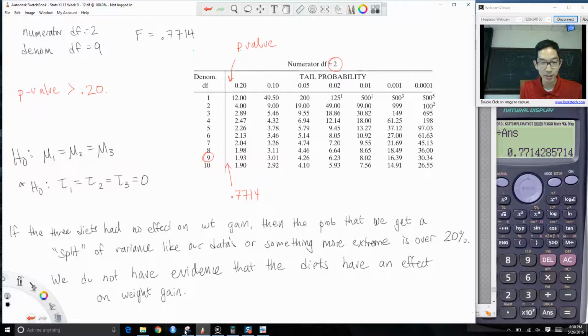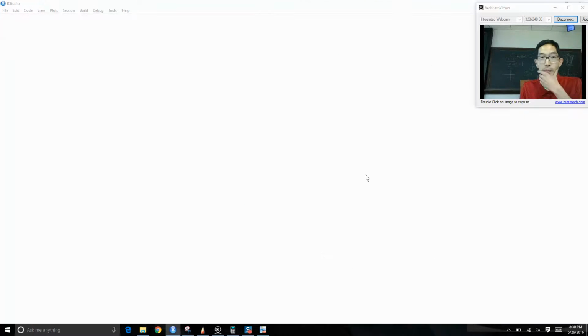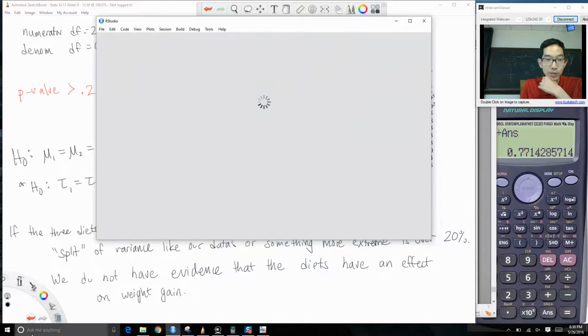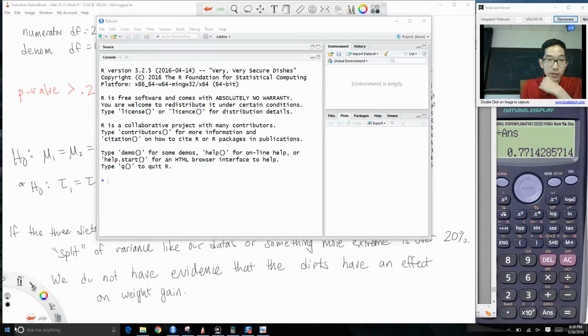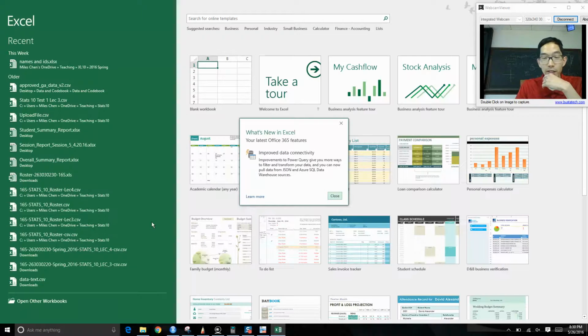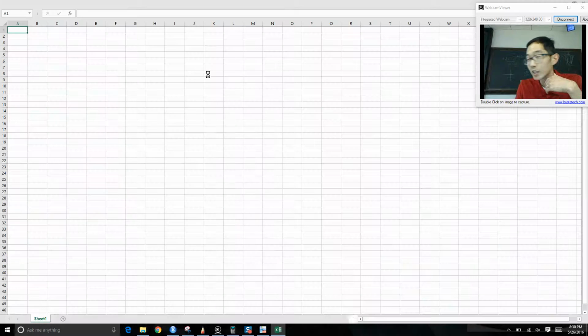If you'll indulge me, I'm going to show you how the ANOVA is done in R. There's a few ways we could do this. Perhaps you have gathered data, and oh, look at this, my Excel updated. And you would have something like